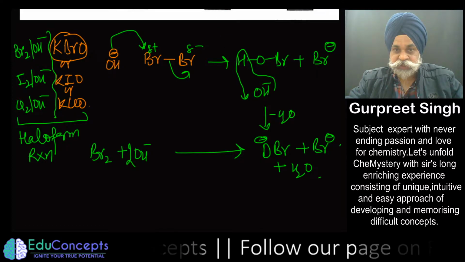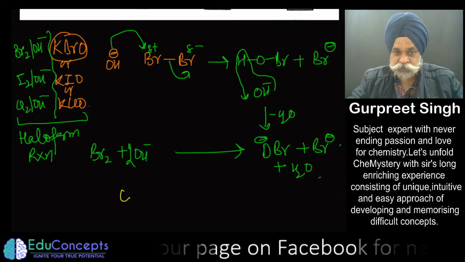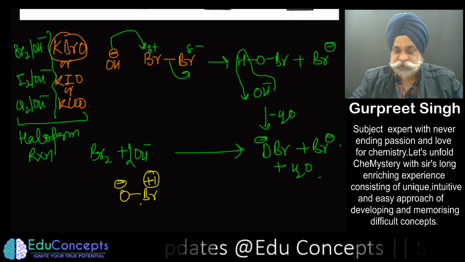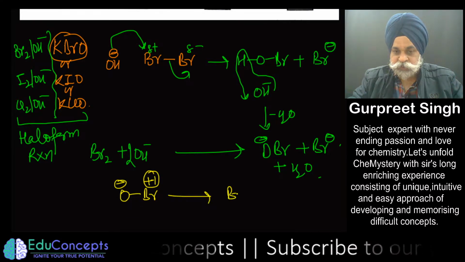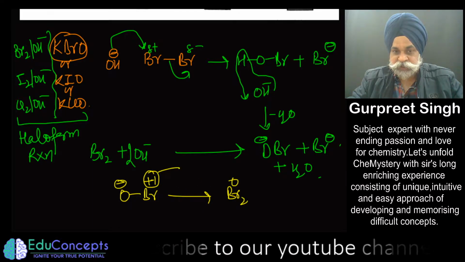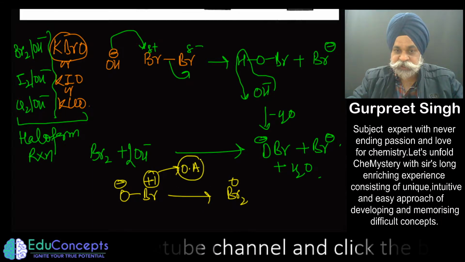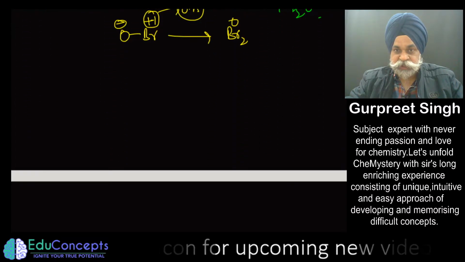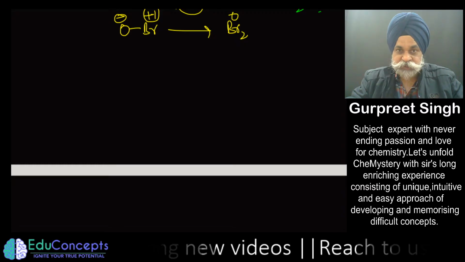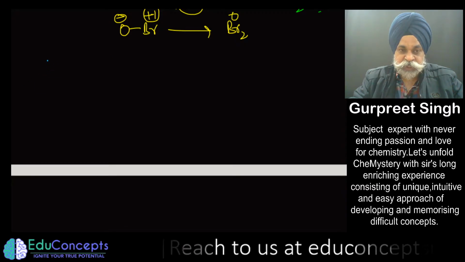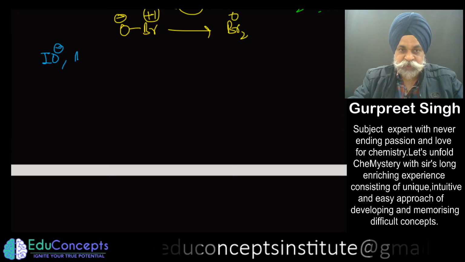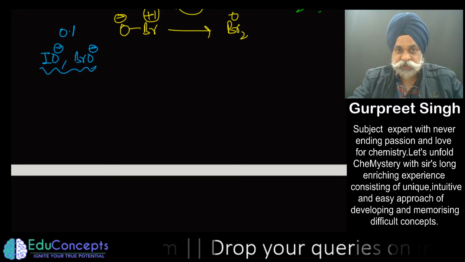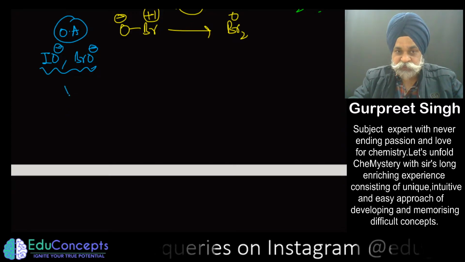Now in this species which we have written here, OBr negative, bromine is in +1 oxidation state, and this has the tendency to go to Br2, to the lower oxidation state. So this is a fairly good oxidizing agent. Now make it a point, what is the role of this oxidizing agent in this process? This OBr negative or IO negative or ClO negative, these are the oxidizing agents which tend to convert